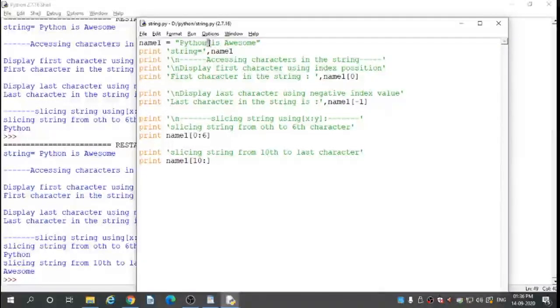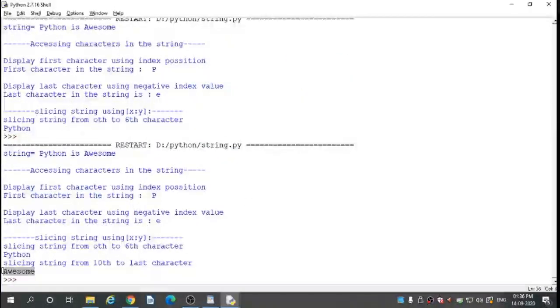Space is the 6th character, I is the 7th, S is the 8th, and space is the 9th. So the character at position 10 is A. We start from A to the last character, so awesome is our output from 10 to the last character.